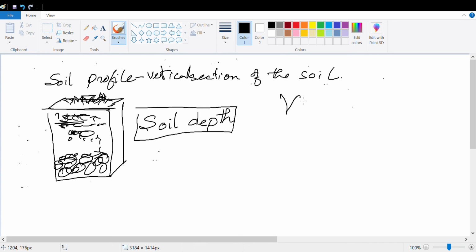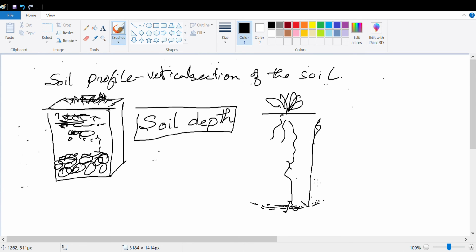Let's say the plant is growing here. The roots are going, but they cannot go all the way. There should be a soil layer up to which these roots can grow, and after this the roots cannot go anymore. So this depth up to which the root can go, the potential depth,